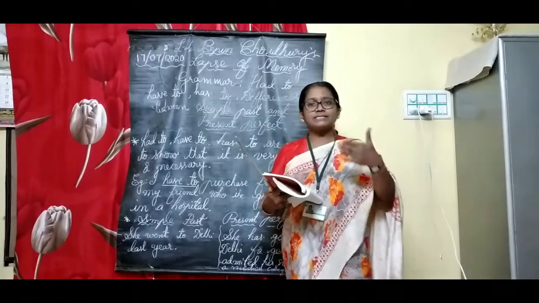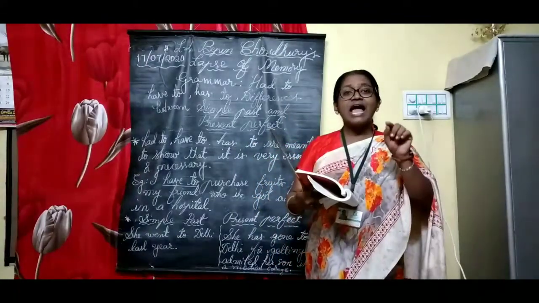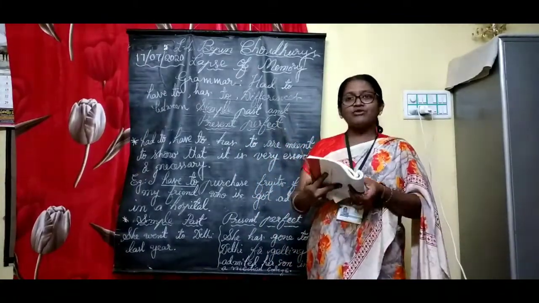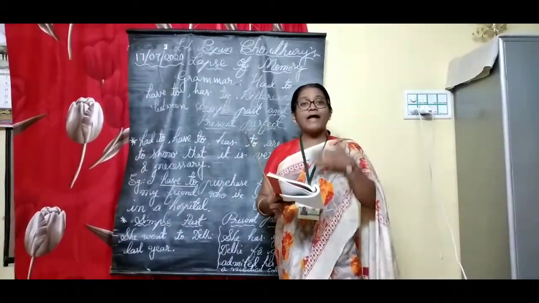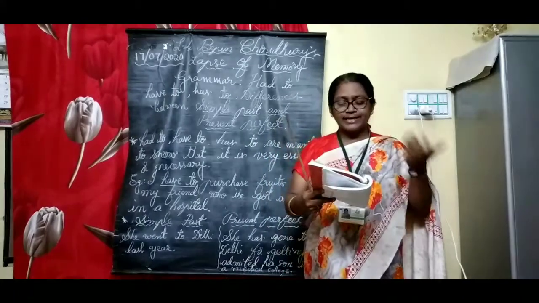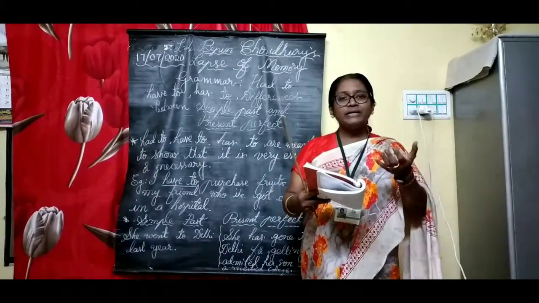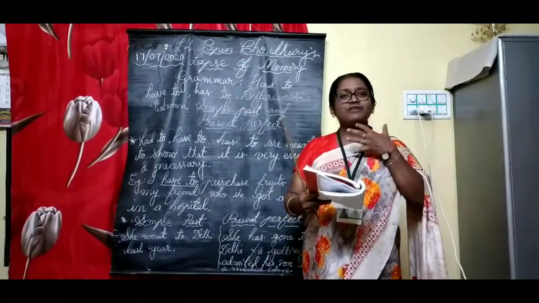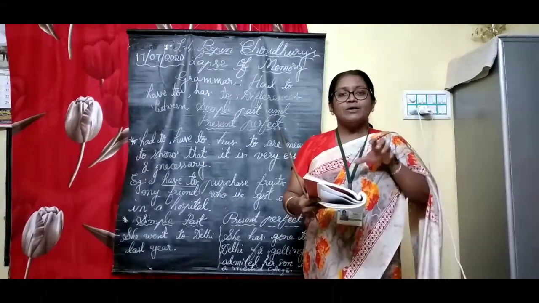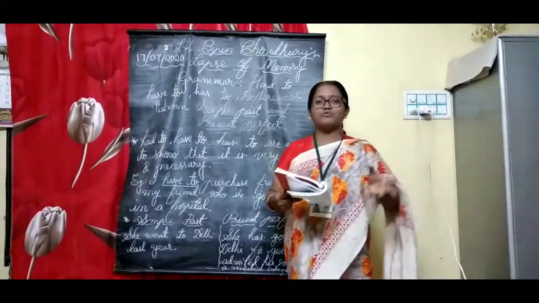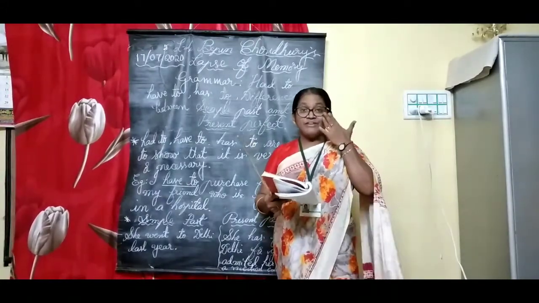When we use past tense, we have to go with had to. So here you have to use the phrase had to. I had to repair my cycle yesterday. So had to means it's very essential for me to repair my cycle. Otherwise, my moving from place to place would become very difficult for me.